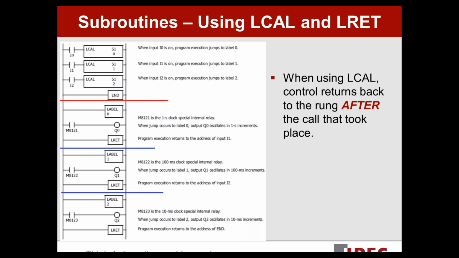So again, there at the top, input 0 calls subroutine 0, input 1 calls subroutine 1, input 2 calls subroutine 2. Now the difference is, let's take for example, if input 0 is on, we call subroutine 0. We jump down to label 0, we execute that code. Now, instead of having another end statement there, we have an L return, label return, okay? The way that works is it will return the control back to the main program at the rung after the